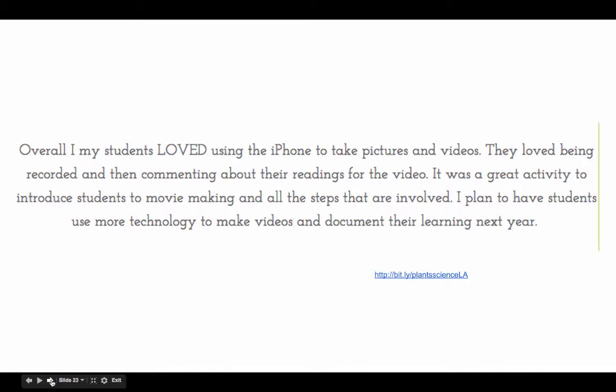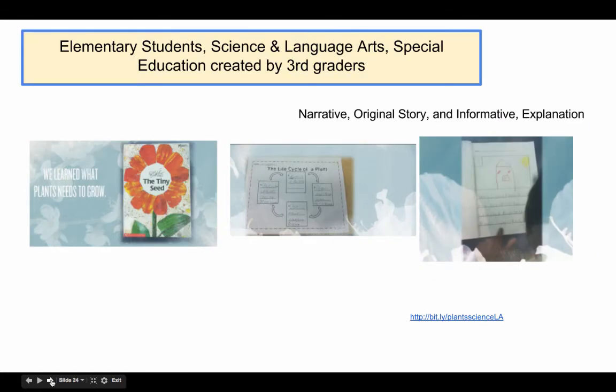All of the information that was gathered was sorted through and eventually put into an Animoto to review the whole unit of study. And as the teacher observed, the students loved this process and they asked to do more digital stories of this kind. And this is just showing you some of the information that was inputted into the Animoto.